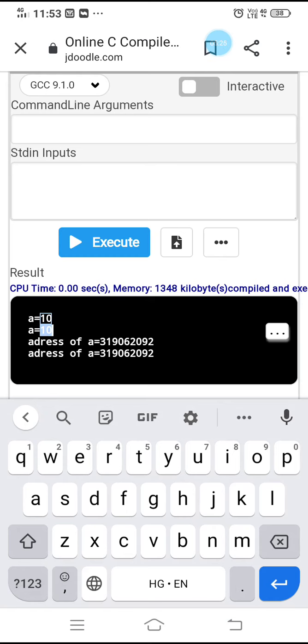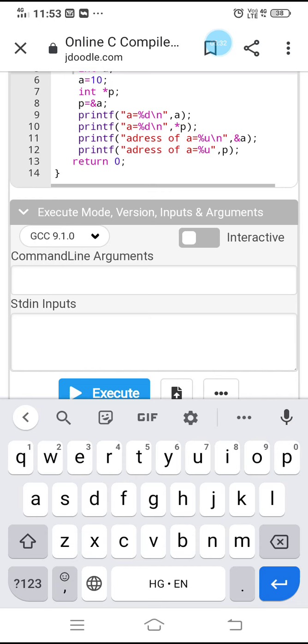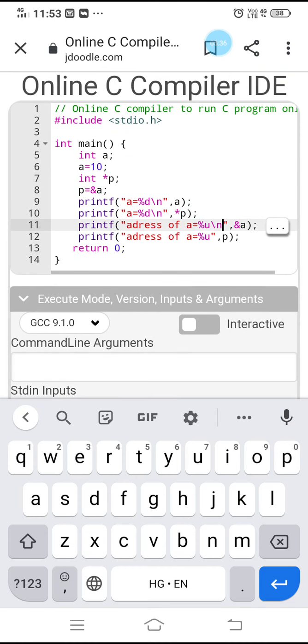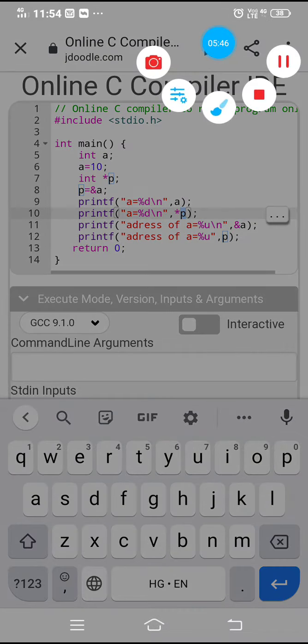And for the address of a, in both the cases I am getting the same address, because I have used different notations, that is ampersand a and p are both same, and a and star p are both same. So this is the explanation about the pointers.